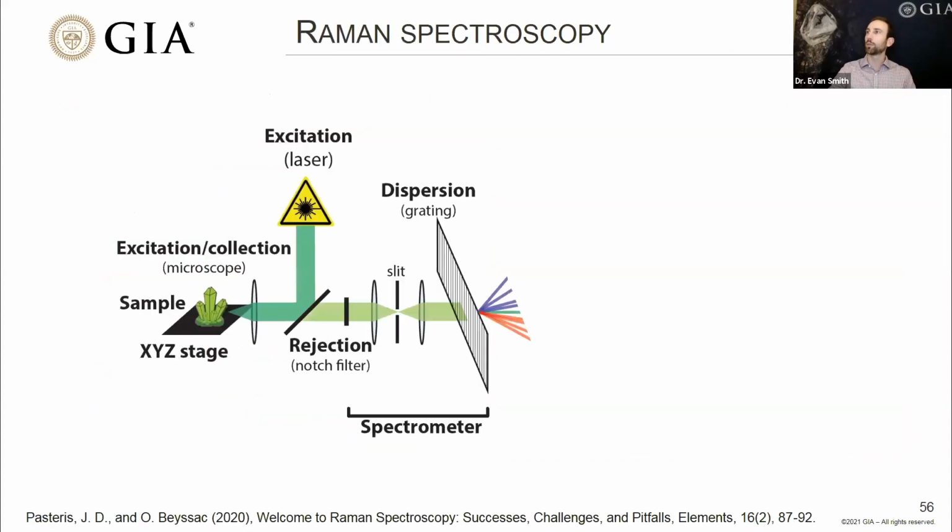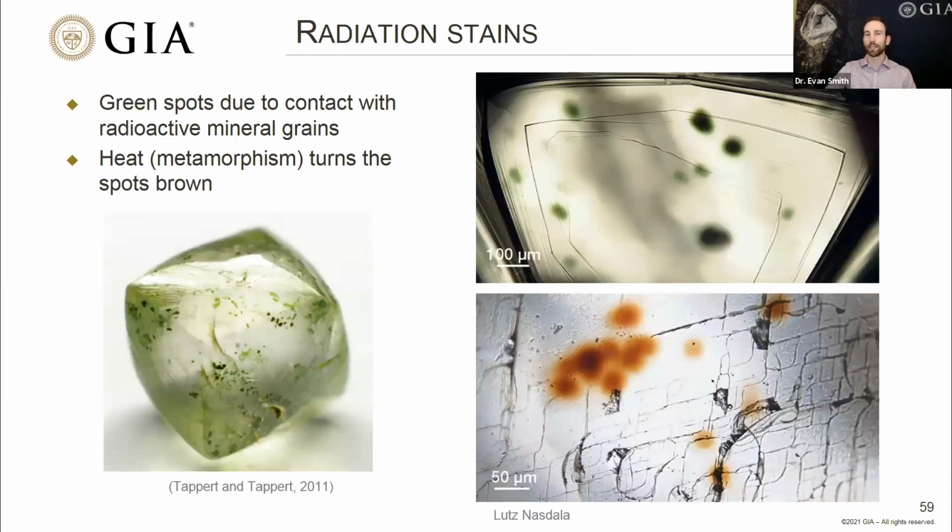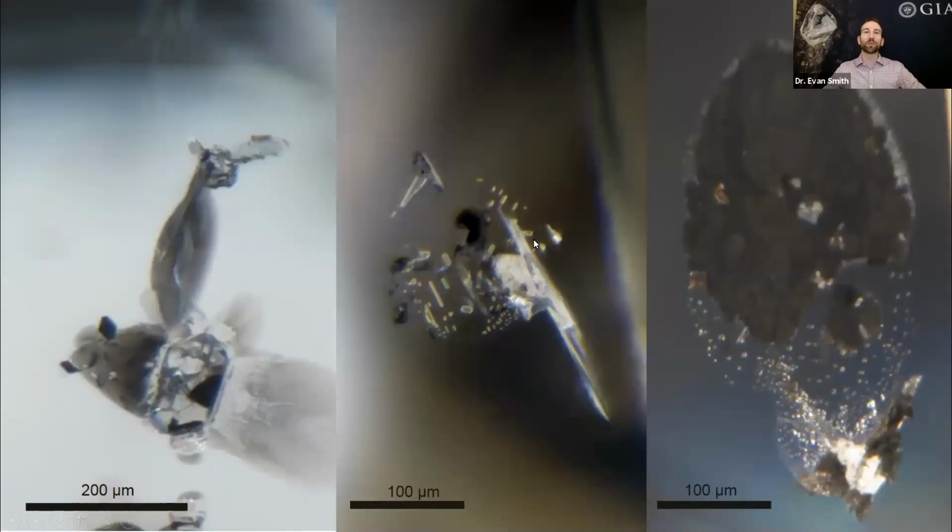Let me just pull up a slide here. I have a bonus slide here. Okay, so these are some examples of inclusions from super deep diamonds. So these inclusions might have been trapped at 500 or 600 kilometers deep, and they have really changed a lot on their way to the surface. Especially if you look at this one on the left here, this used to be one mineral, but as it came up to the surface, it has sort of unmixed into 2 or 3 different minerals. And you can actually see a colorless region and a sort of black region here. And it's unmixed almost the way that oil and vinegar salad dressing might unmix.